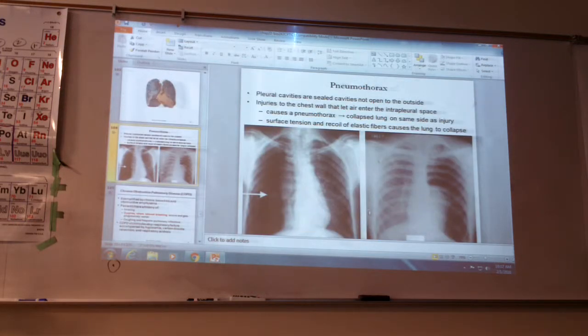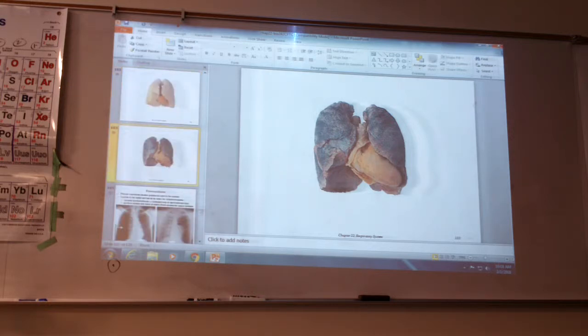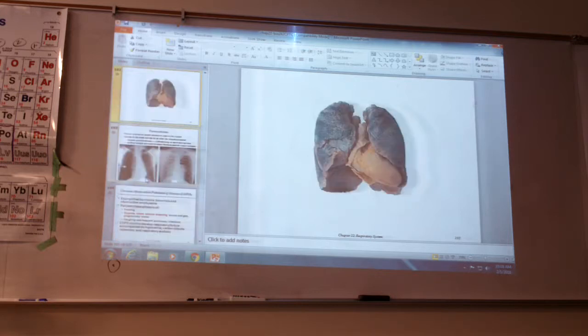So you see, look at what happens to people with pneumothorax. The radiolucency shows you the lungs, and you compare normal with this, where there's no more. It's not able to recoil to push the air out. And this is what happens to our lungs: this is a nice healthy lung, and this is a smoker's lung.